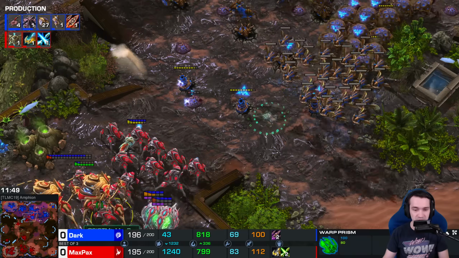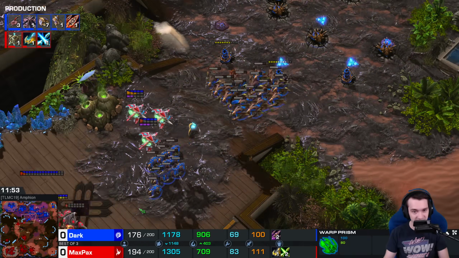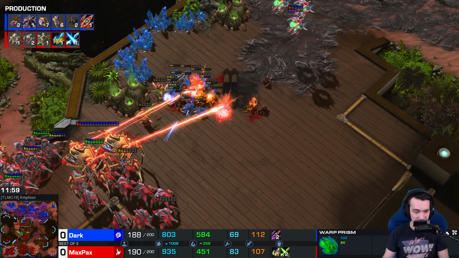Dark actually drops 20 supply, but here we got Lurkers and Locusts, the double siege. Gonna be far too much for MaxPax to deal with. He'll be forced to back off, but the Locusts actually drop down and take out some of the